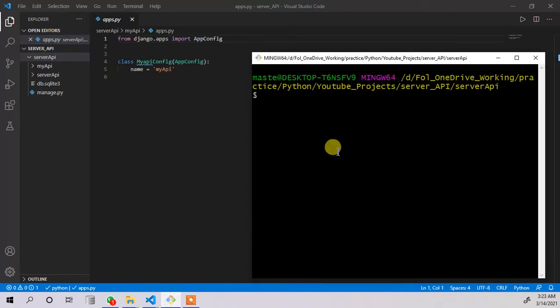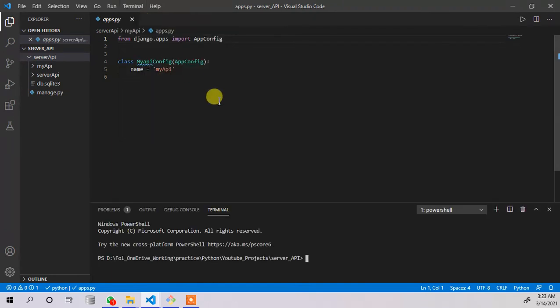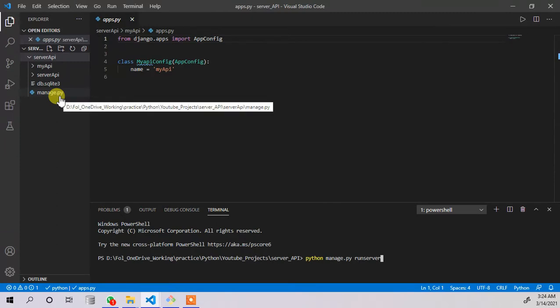Before going ahead, let me show you one thing. I just want to run the server and check how it is working and what additional benefits I have from using Django. So right now I am going to my terminal, and in my terminal I am saying python manage.py runserver. As I said, manage.py is basically the main file that is going to handle our entire project. So when I say python manage.py, I'm saying hello Python, use your manage.py to run the server.